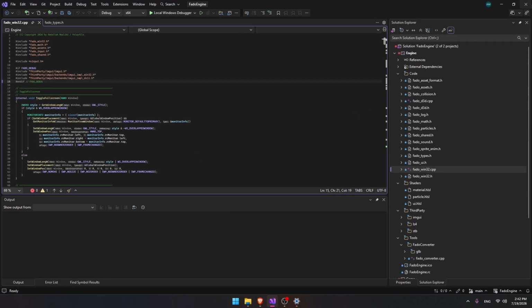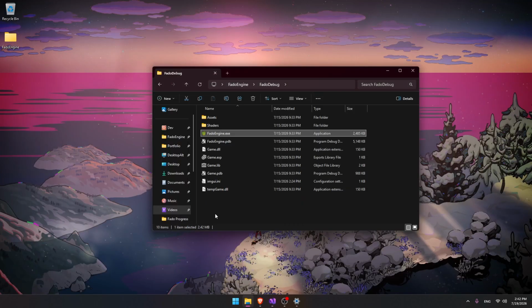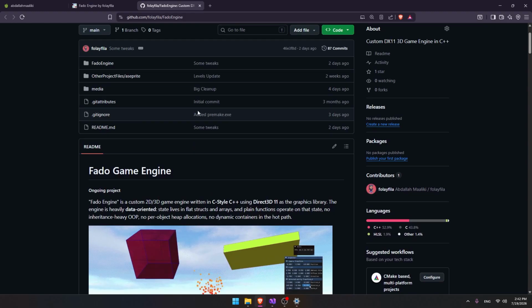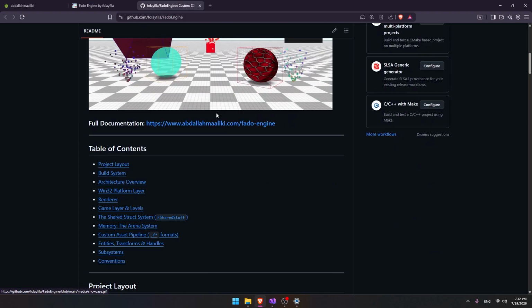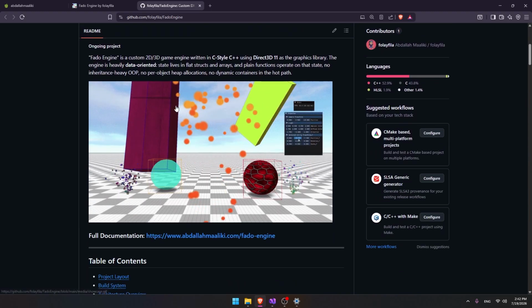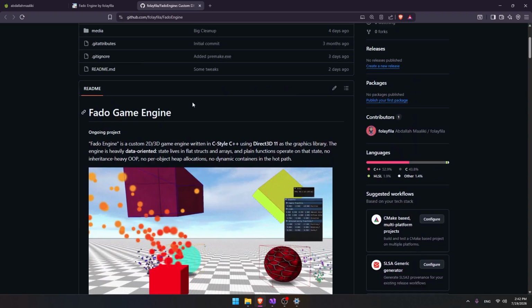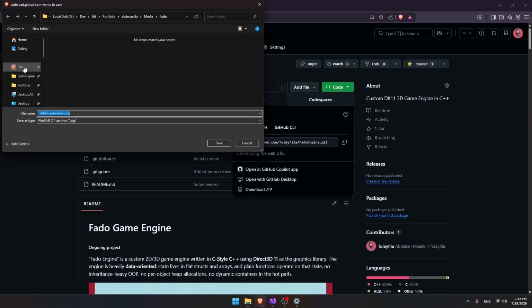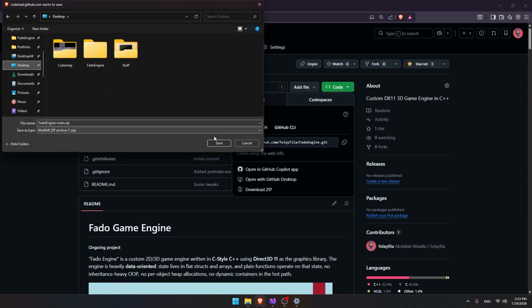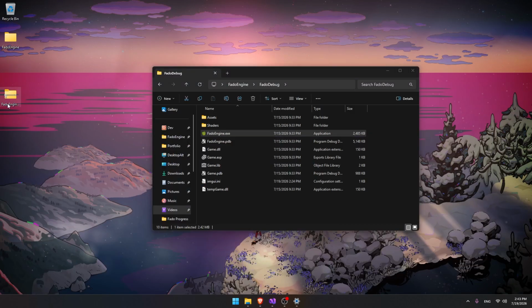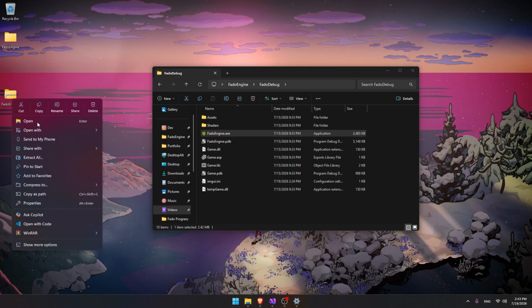Let's open up the code. Actually, as a matter of fact, you can download the code immediately from the repo on GitHub, and I'll go ahead and just download it and build it to show how easy it is to actually build this engine. So if we download the zip, I'll put it on the desktop. There we go. If I extract this,